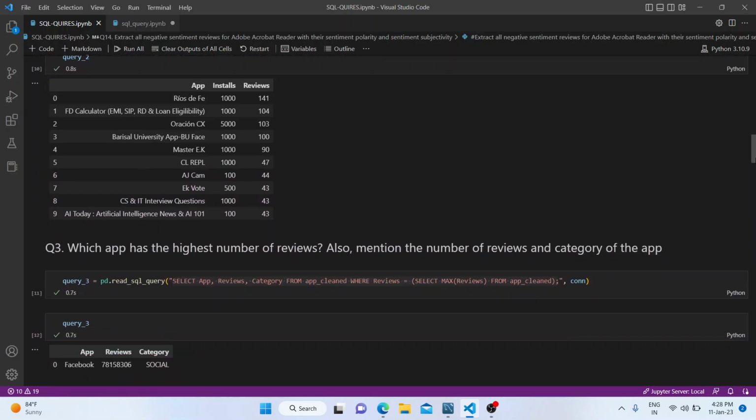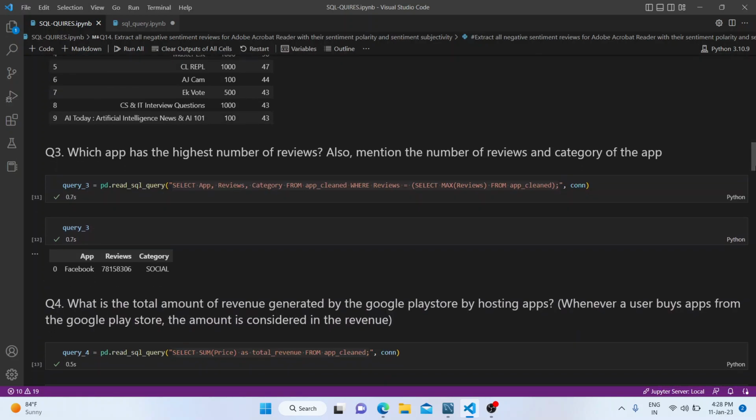Which app has the highest number of reviews? Also mention the number of reviews and category of the app. So we have Facebook with this many reviews, and the category is social.